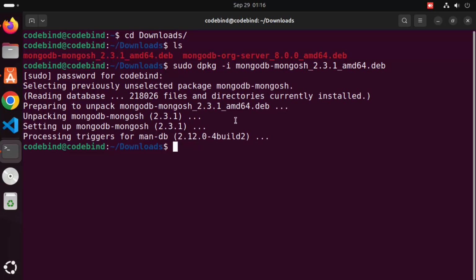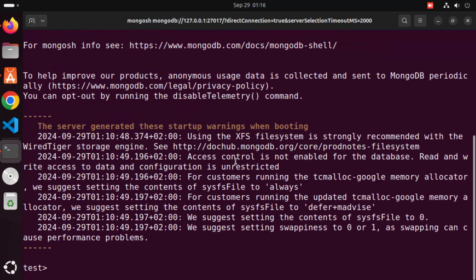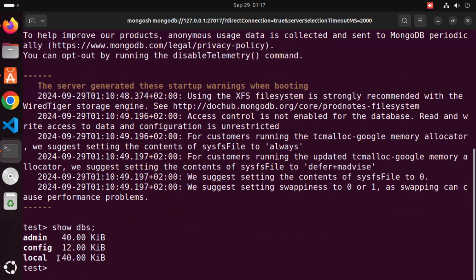After the installation is finished, just write mongosh and then press enter, and we are connected to our MongoDB server using the MongoDB shell, right? So now we are inside this MongoDB shell. Here we can give commands like show dbs in order to list out the databases which we have. I'm going to just write show dbs here and then press enter, and by default MongoDB server comes with